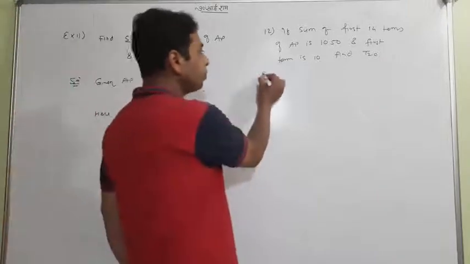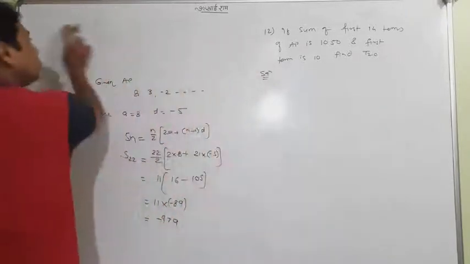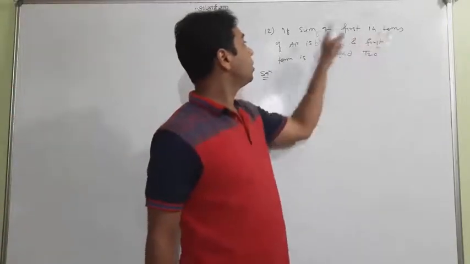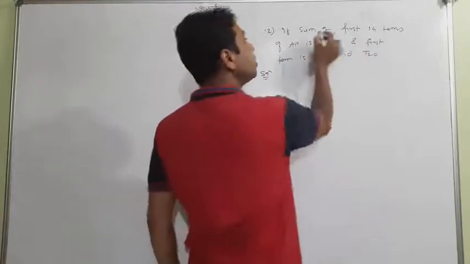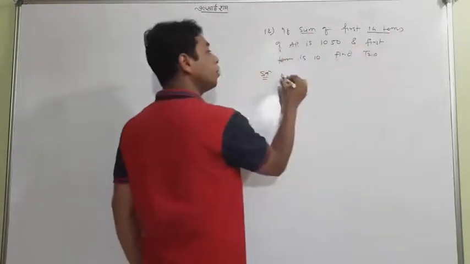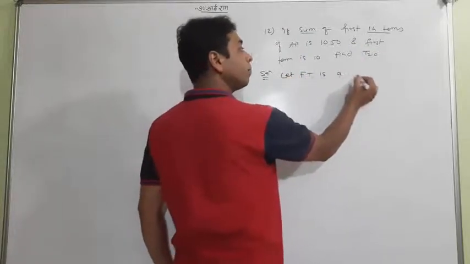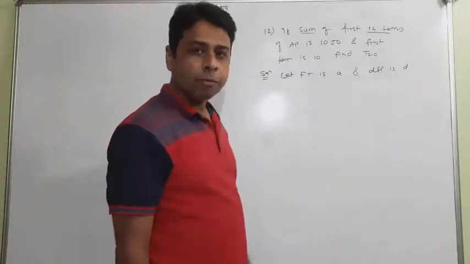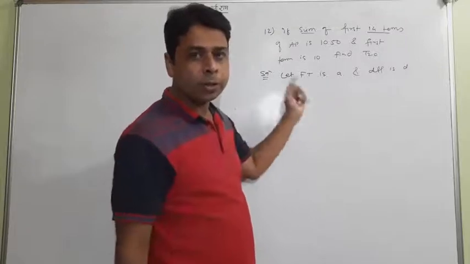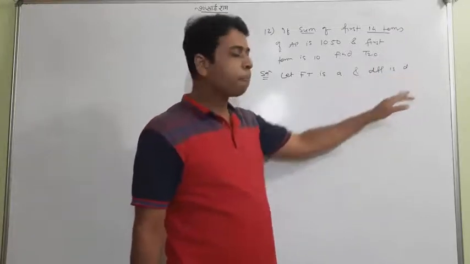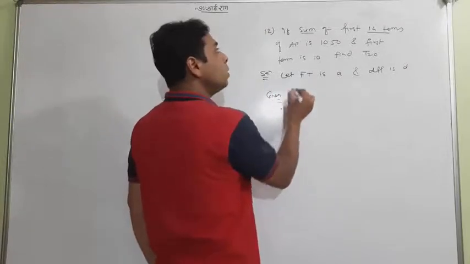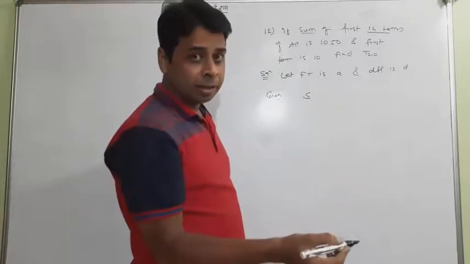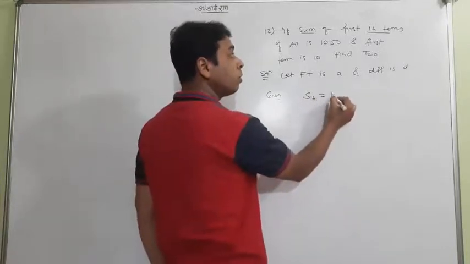Next question. Look at the question. The question is, if the sum of the first 14 terms is 1050, what does it say? The sum is given of how many terms? 14 terms. Let the first term be A and the difference be D. This is a very common thing which I have written here. You always have to write the first term as A and the common difference as D. Given that, students, what is given? Sum of the first 14 terms. Sum means S, sum of n terms is Sn, so sum of 14 terms, S14, is equal to 1050.